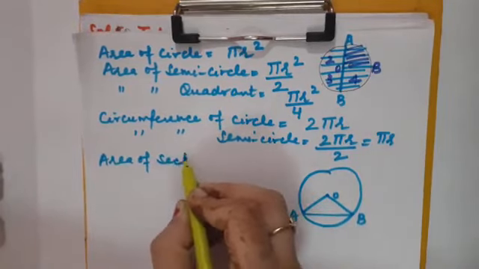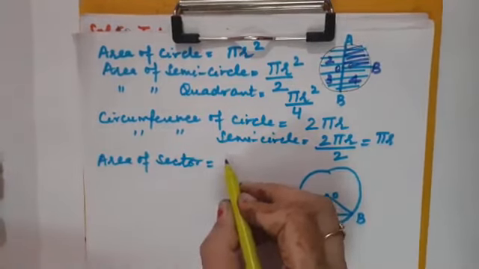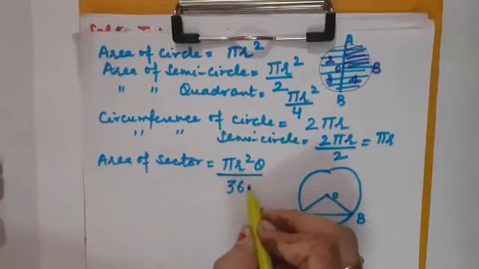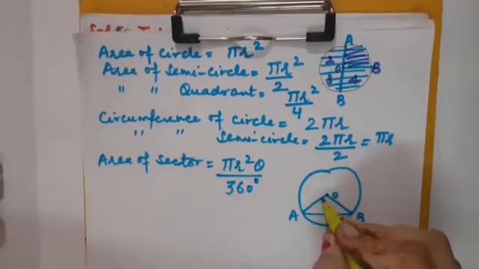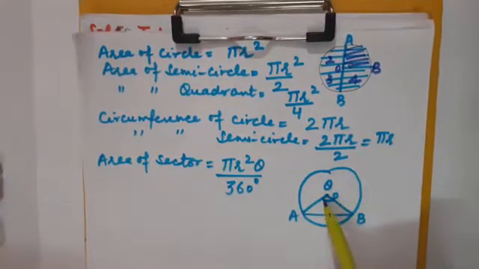This is a new thing for you to learn. So let me tell you the formula for the area of a sector. This is pi r square theta upon 360 degree. Always remember, children, you know what a sector is? A sector is nothing but the region which is bounded by two radii, that is OA and OB, here you can see, as well as by an arc. So this is a minor sector, correct? How to calculate its area?